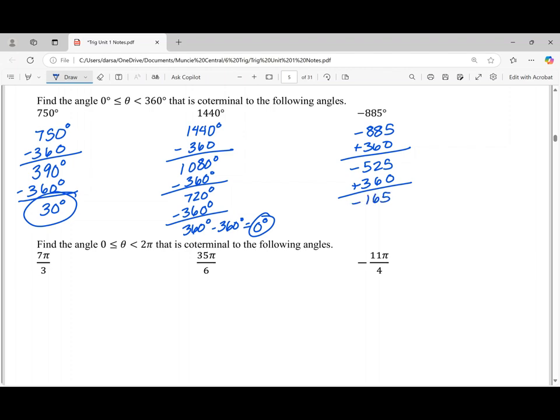Now we're tempted to stop here, but remember we want a positive measure because we want to go counterclockwise like we're normally used to. So let's add 360 degrees one more time here. And that is going to get us to the angle 195 degrees. So we really want to be thinking 195 degrees, a little bigger than 180, and that's the angle we're looking